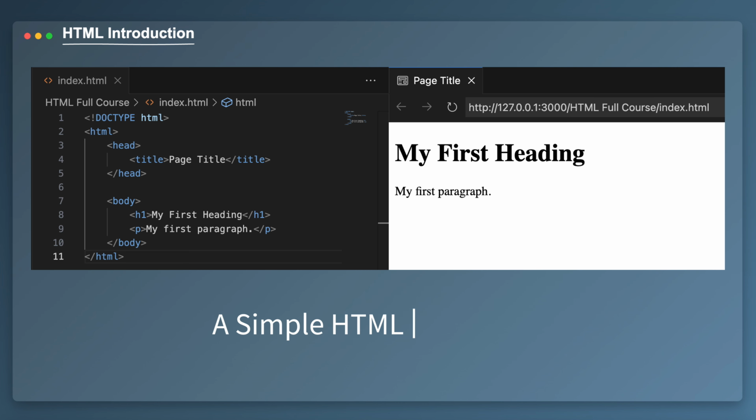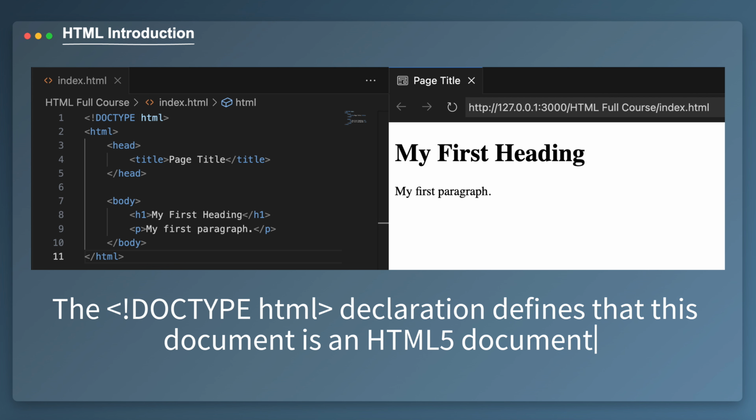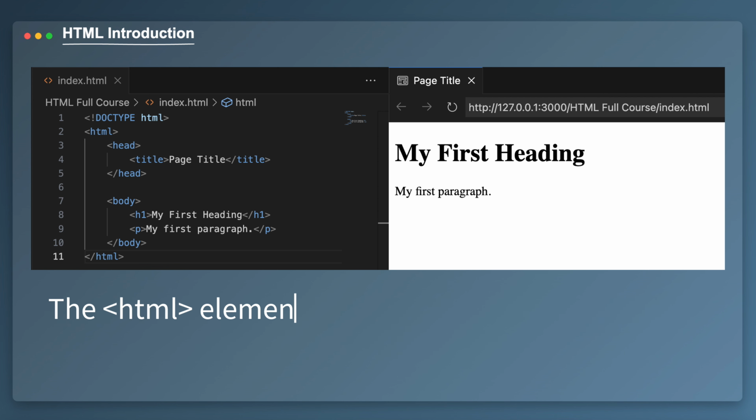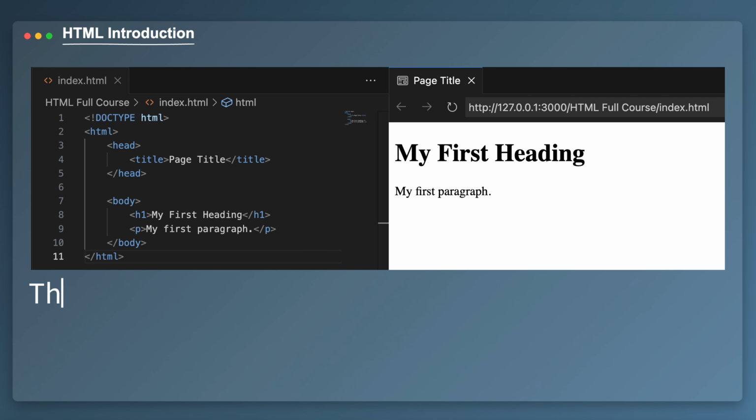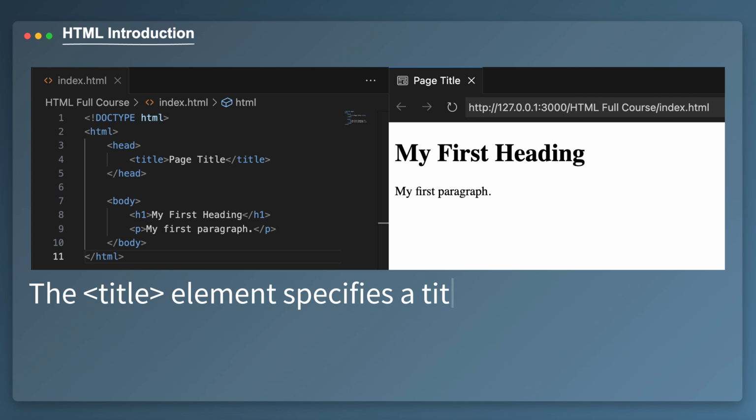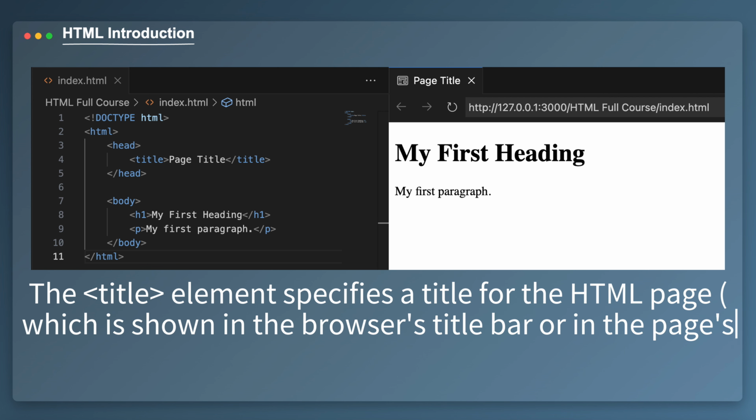This is a simple HTML document. The doctype HTML declaration defines that the document is an HTML5 document. The HTML element is the root element of an HTML page. The head element contains meta information about the HTML page. The title element specifies a title for the HTML page, which is shown in the browser title bar or in the